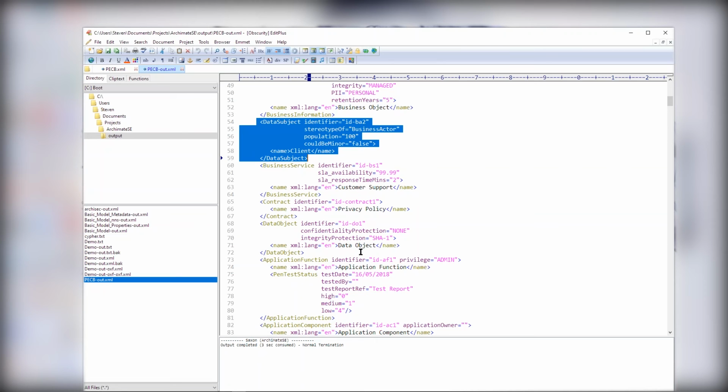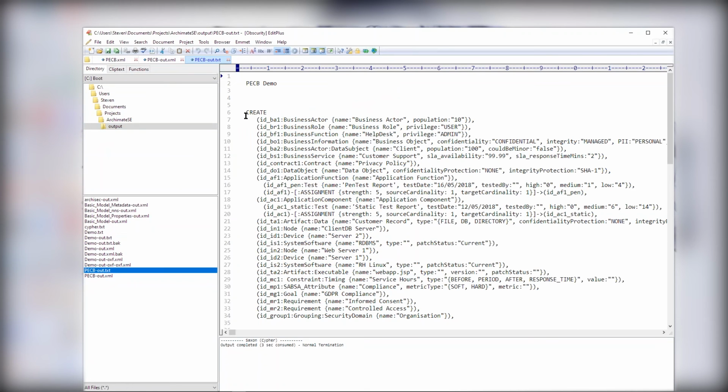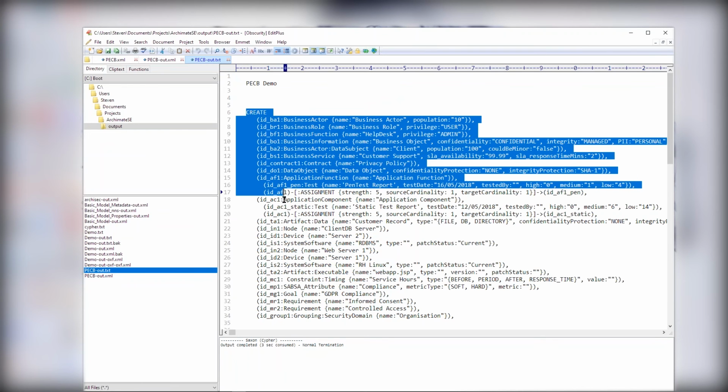Now what I can do further, now that I've got it in the security overlay, is transform it forwards into this output here, which is the language of a graph database.